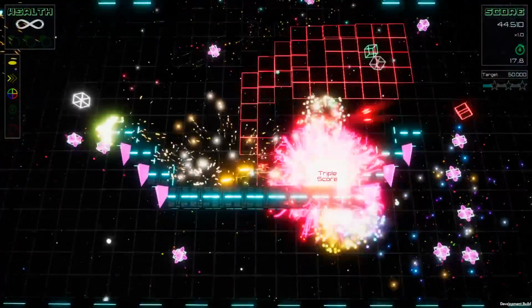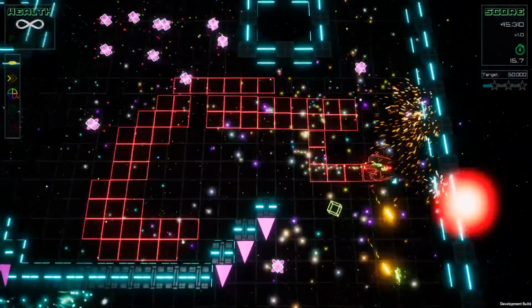I want to see more of that. Maybe you can even change up the attack pattern of the ship entirely when you switch the color, so you can basically, by switching the color, also switch between different weapons. That would be a nice multi-purpose mechanic and would definitely make the combat more interesting when you can switch between different weapons as you switch through different colors.